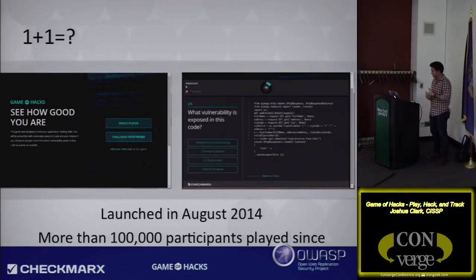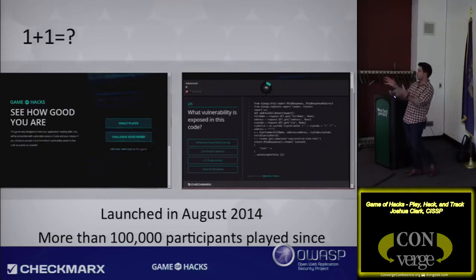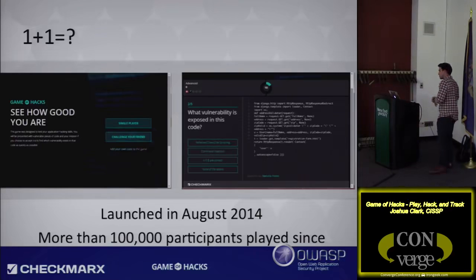Some other statistics about our Game of Hacks website: not only did we get over 120,000 users, we also got over 500 code submissions of different code fragments from different teams and different variations. Think about that. If you think about our business, we're doing code analysis, so we want to see different types of code. We just got 500 free code snippets across multiple different languages, which could or could not have security vulnerabilities in them. So it's kind of like free security testing just by setting up a honeypot.